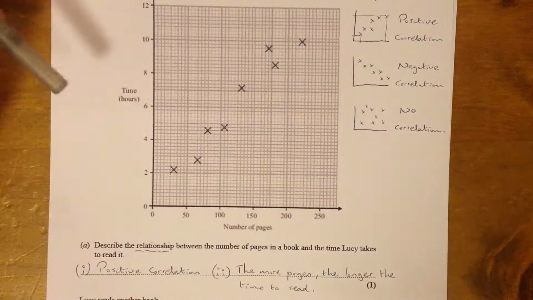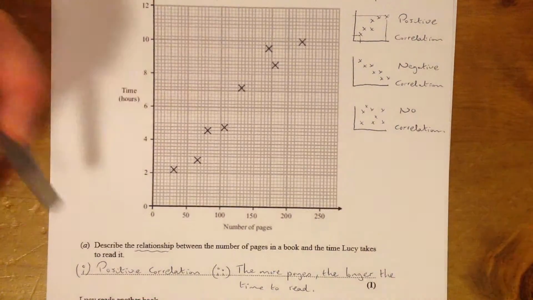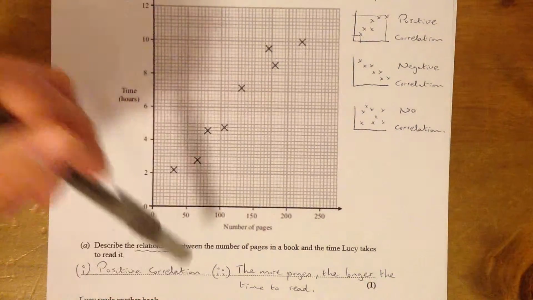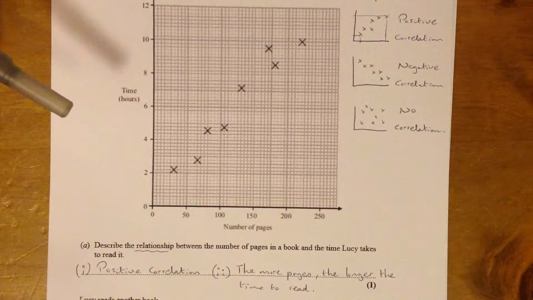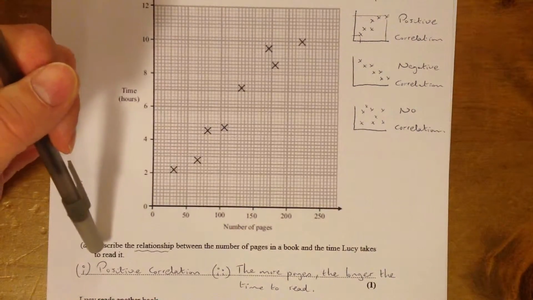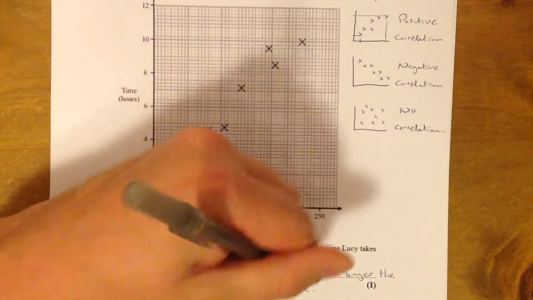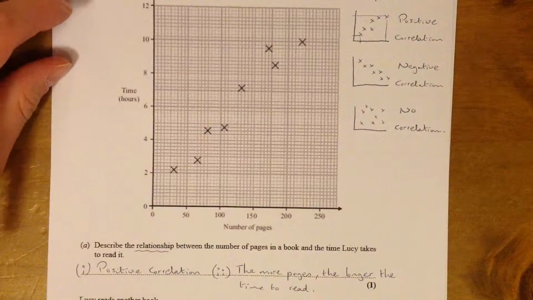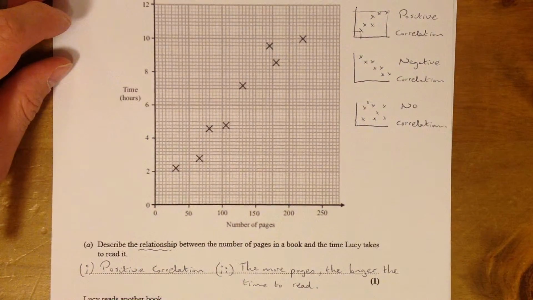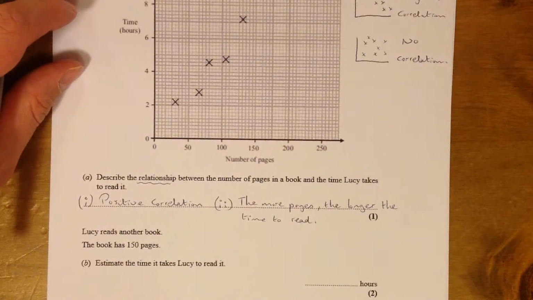Okay, just a word of warning here, this question has said describe the relationship, so either of these are perfectly acceptable answers. Don't put both, just put one. If the question had said describe the correlation, then it wouldn't be acceptable to put this. You would have to use the key term positive. So just read the question really carefully and see what they say. Part B then says